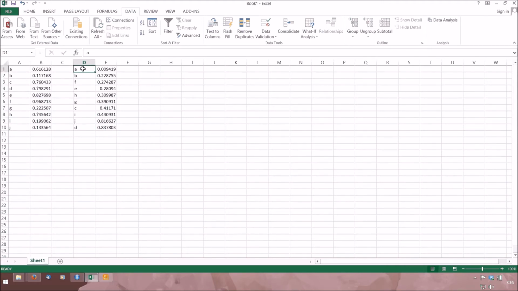A stayed on the first place just by coincidence. It's pure chance that it has happened. If we select the first 3, we know that these first 3 numbers were selected randomly because these values adjacent to the individual observations have been created randomly. So we have a random sample, so A, B, and F is a random sample out of our original 10